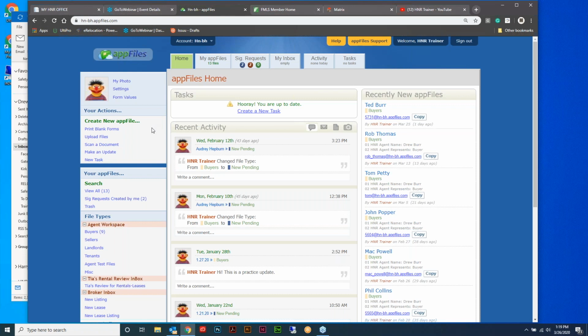Okay, so now that we've done our initial setup, we filled in our information, we have our signature in line, we've got our footer done, we've gone in and we've filled in some information on one of our form values for buyer brokerage. I'm going to go over how to create a new app file. So your app file is going to be your folder for your contact. So I'm going to start off by creating a new app file,